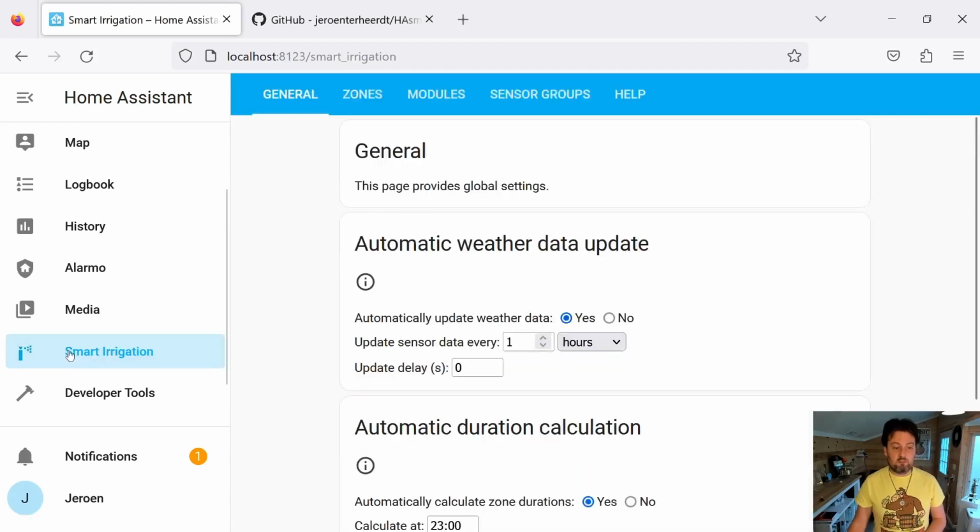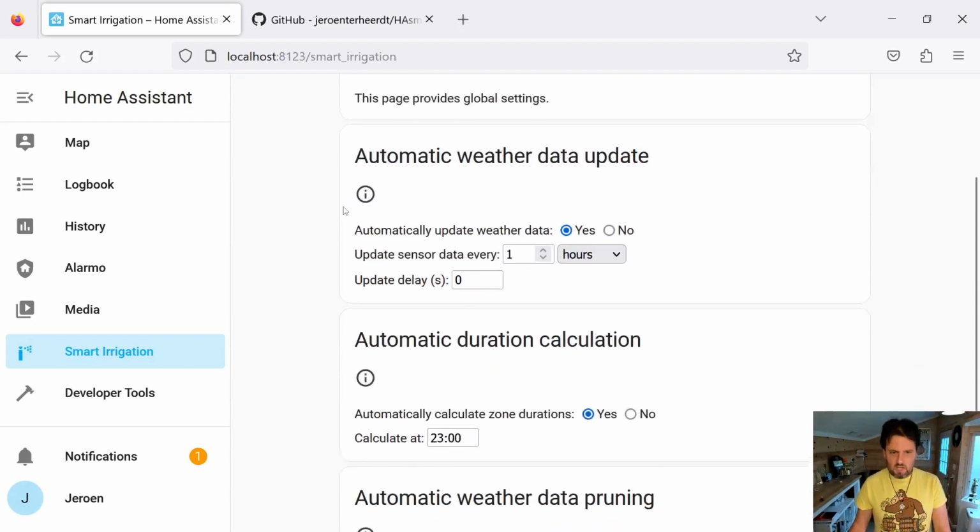So to get started, we're going to look at the Smart Irrigation panel. Over here you'll set up the settings for your Smart Irrigation. You spend quite a few moments in here to set up all the stuff. So we're going to look at general first and then zones, and in other videos we'll cover modules and sensor groups. So in general,